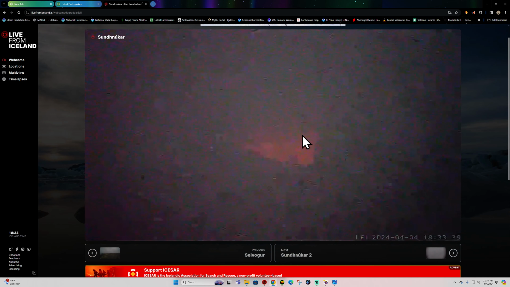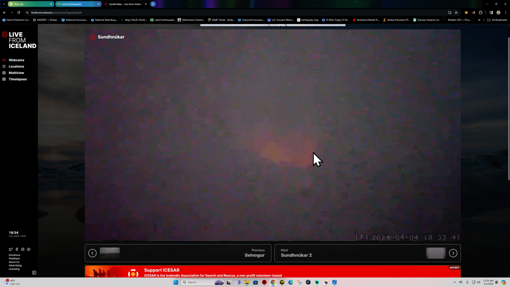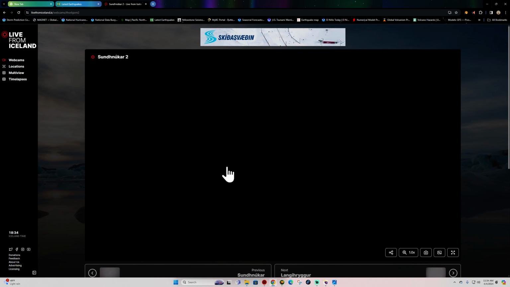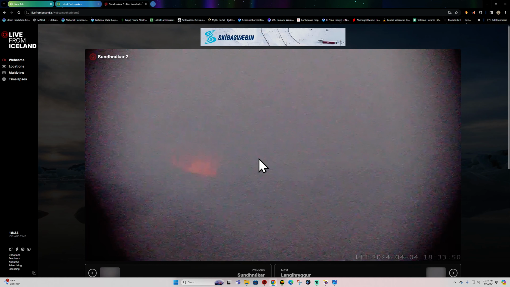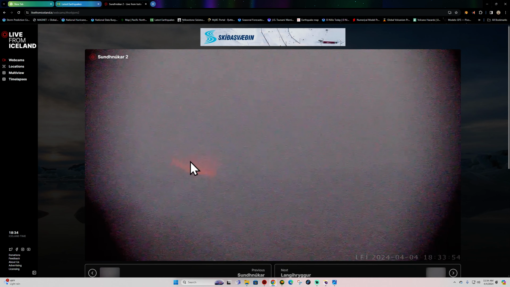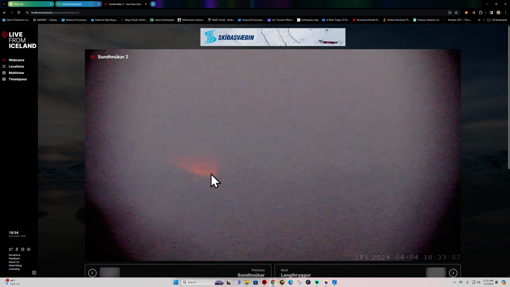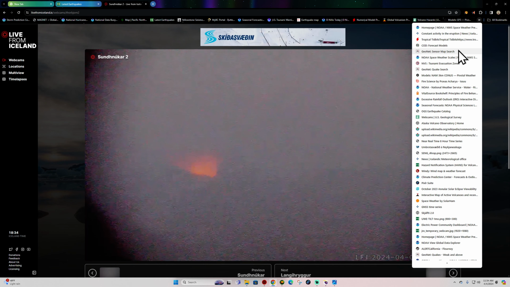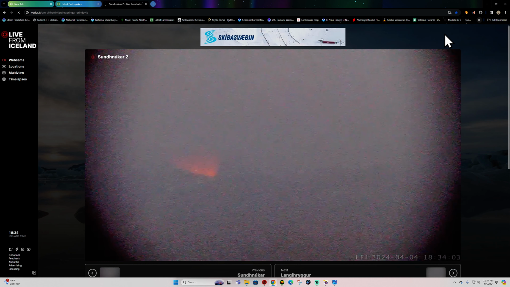Looks like one of the craters, I'm guessing that's the big one, is still somewhat viewable. We're still active, I should say, not really viewable. All that volcanic gas and stuff looks like it is headed straight towards the camera, obscuring the clarity and view of the eruption, but I can still see some fountaining going on back here, which means the eruption is still ongoing. So let's see what we got.